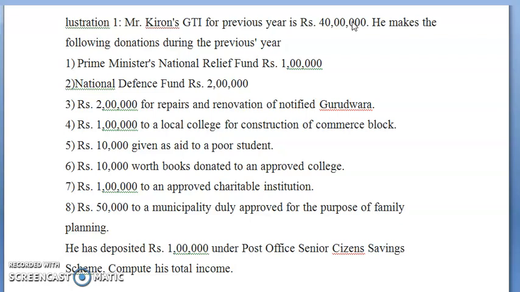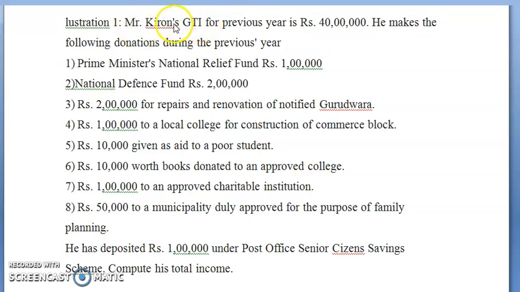Some of the deductions we have already studied. 80C problems we have also worked out. 80D, 80DD, 80DDB, 80E, these sections we have seen. These are some of the essential sections. 80G also we have studied. Now we'll see what items will come here, and based on that we'll apply them and deduct them under the available sections. So the illustration goes here.